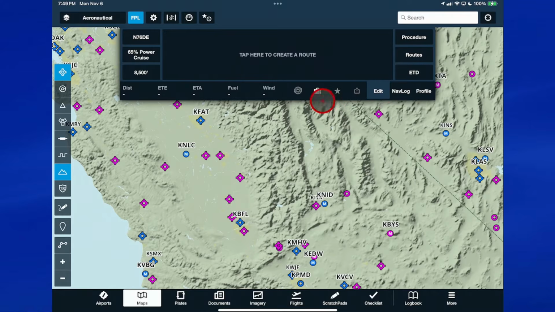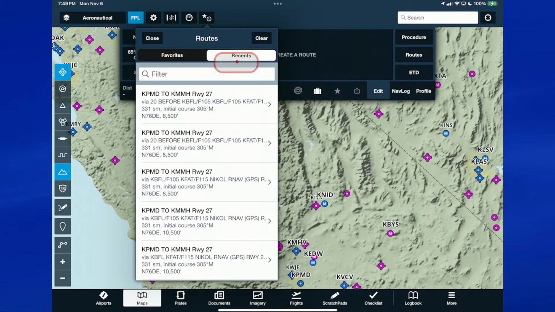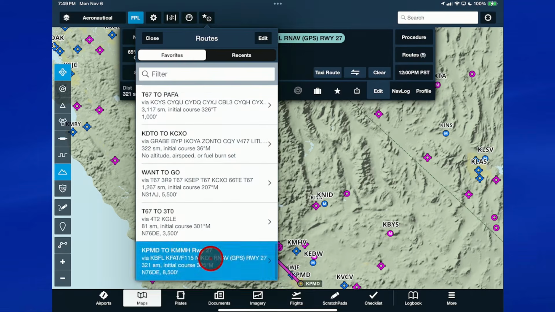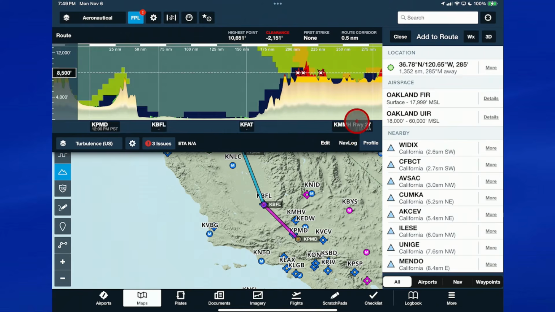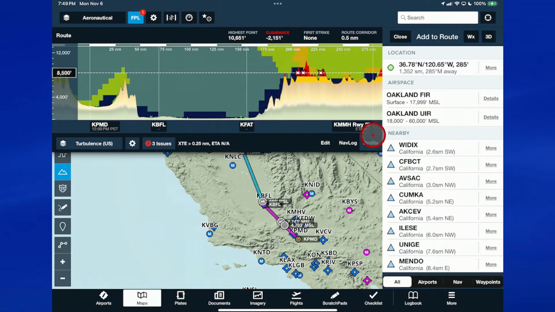And I did save this into my saved routes, and I'm going to load it up again. So let's go to favorites and history, and we can go to recents to see what we've done recently, and it's right here. But I'm going to go to my favorites and load one that I saved right here. And let's go to profile and see if it's there. It's still not there. Not quite sure. Don't want to research it now, but in any event, you saw it when it was there before.